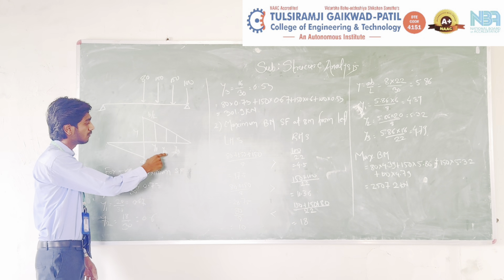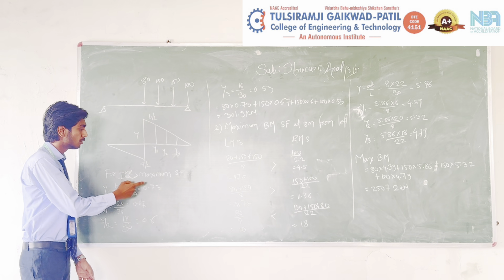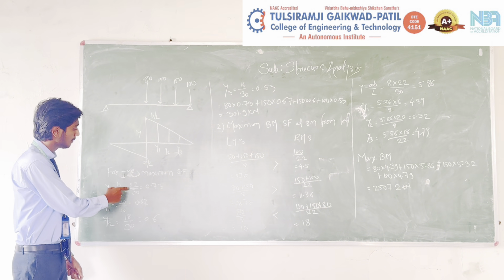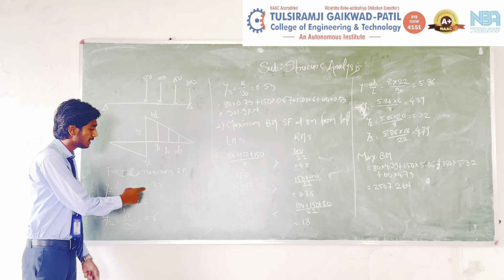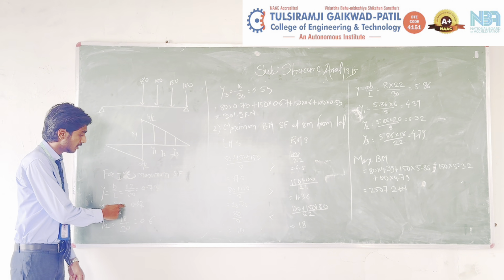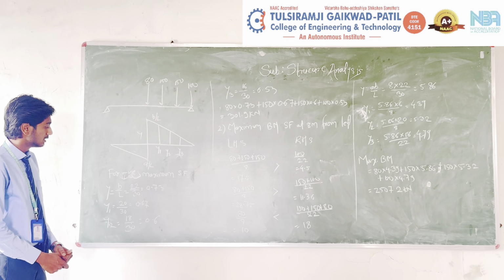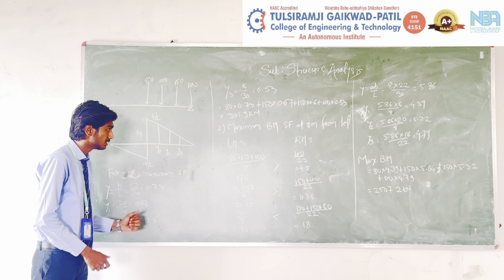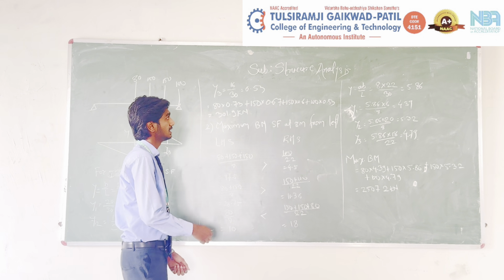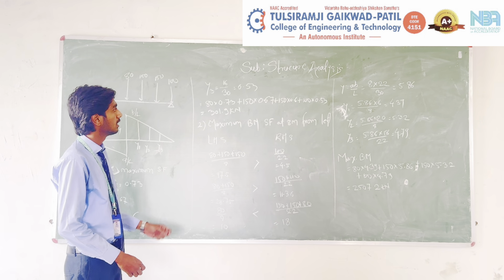Now we put all the forces on the right side. This is y1, y2 and y3. Now for the negative maximum shear force, y is equal to B by L. This is the formula B by L. We put the value 22 by 30 and we get the answer 0.73. Similarly, y is equal to 20 by 30 is equal to 0.67. Y2 is equal to 18 by 30 is equal to 0.6. Y3 is equal to 16 by 30 and we get the answer 0.53.